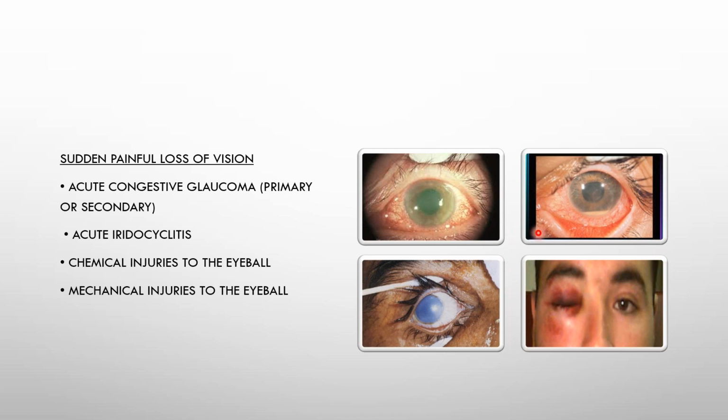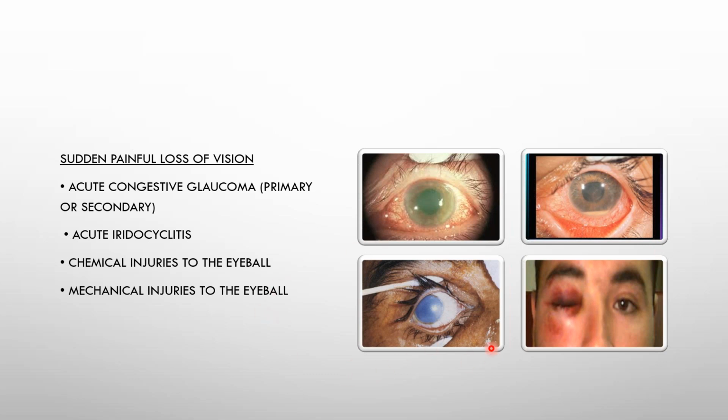Then the second image that you see here is that of acute iridocyclitis or uveitis, right? So what happens is, again, they'll also present with sudden painful loss of vision, but they might have had a history of a lot of diseases that would cause uveitis. For example, tuberculosis, leprosy, a lot of systemic conditions that would present as uveitis, or probably a history of trauma may be present, right? For that to be a traumatic uveitis. So, you have to be able to really ask relevant questions. That's the most important part of the history.